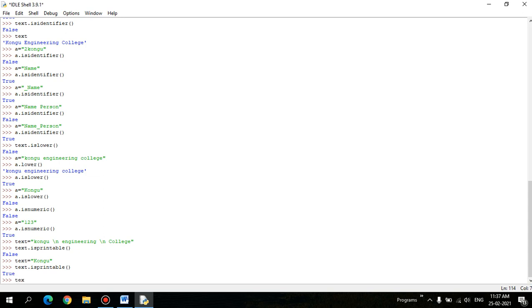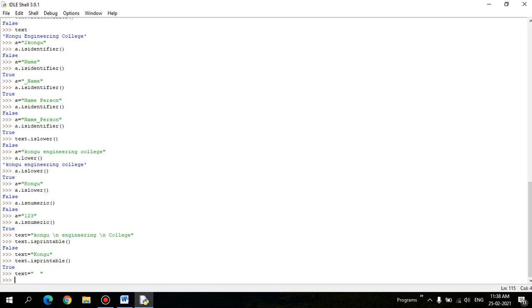And let's go for the next one. Text dot isspace, istitle, right? So isspace checks whether the string that is passed contains entirely spaces or not, right?